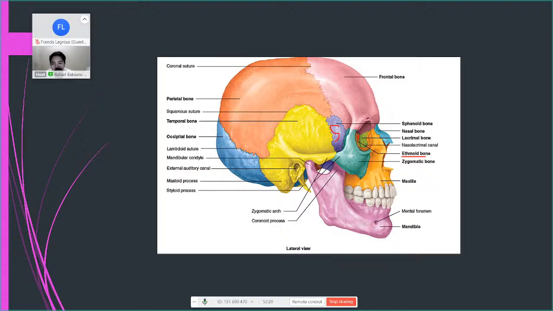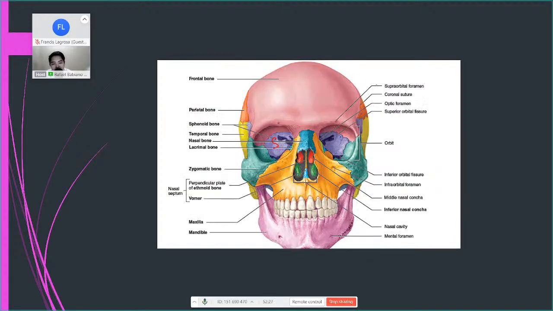Right? Then we have, oh, by the way, this is just a picture. If you want to visualize it more, you can read the bones here. But these different parts, you don't need to memorize yet because, as I said, this is general or gross anatomy. So, just the names of the bones, not the different parts, like the fissures, the foramen, not yet. Okay? Only the ones that I mentioned, the PT-FOES and the Nilapa si Mama V. When we get to second semester, that's when we cover the specific parts of the bones. Those are out of our scope for now.